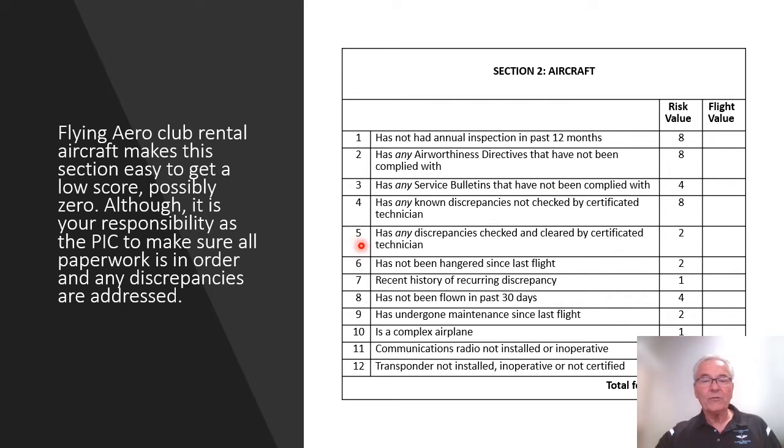But number 5, who knows what happened in the last flight because it's a rental aircraft. That's the only issue with rental aircraft. Well, the baggage door doesn't stay shut. That's one of mine. The door keeps popping open, and you've got 100 other things. So if there's anything written up, or if it isn't written up, when you do your run-up, this is one place where you almost have to do your run-up and your checks very diligently to know whether it's go or no-go. If you put this as a 0 right now and you go out and pre-flight the aircraft, this could change to a 2, or maybe if it's a rental aircraft for me, I'd make this one,